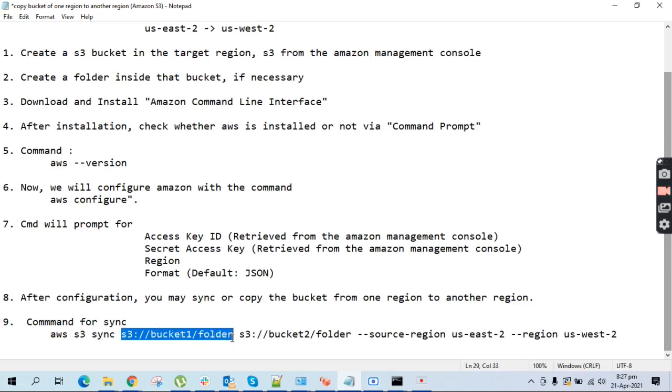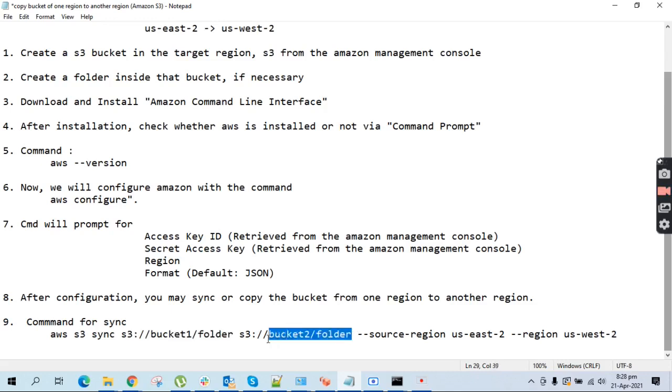S3 bucket 1 folder specifies that there is a folder in bucket 1 of S3. The second location describes the folder in bucket 2 of S3. This will be our source folder.